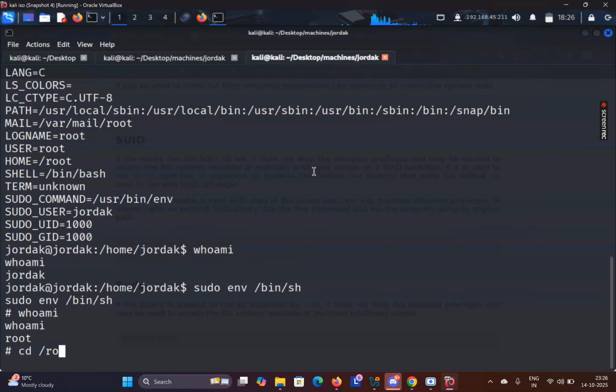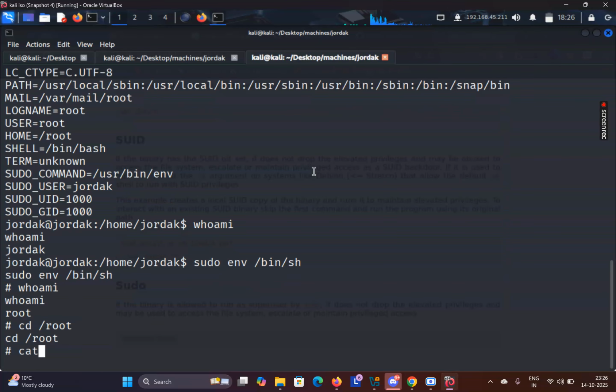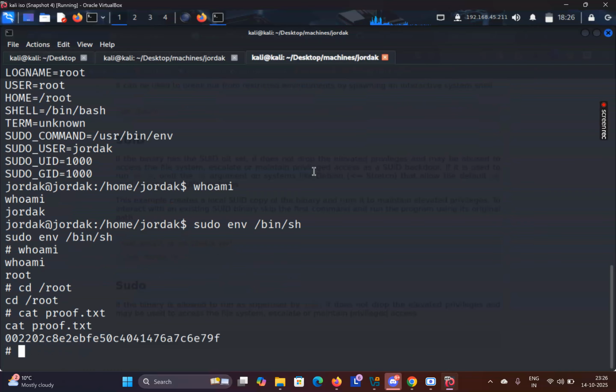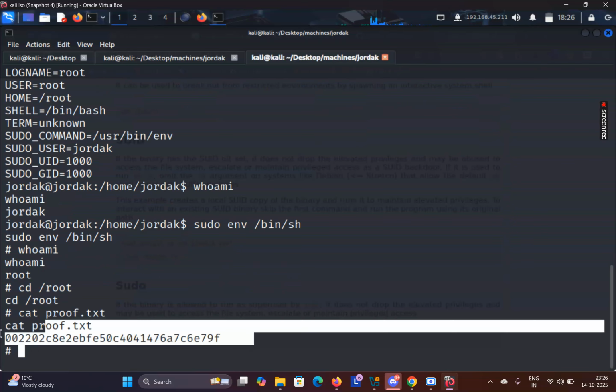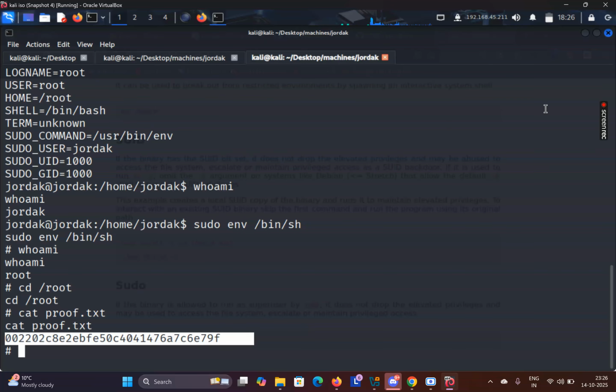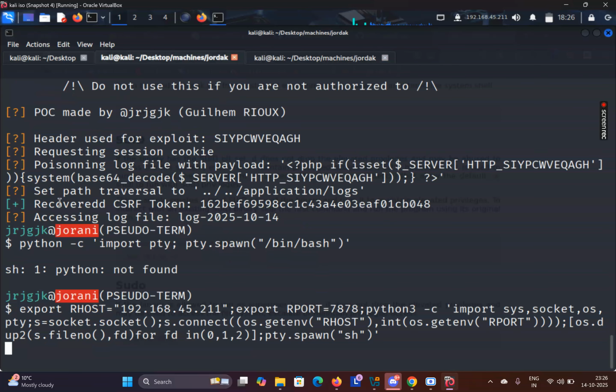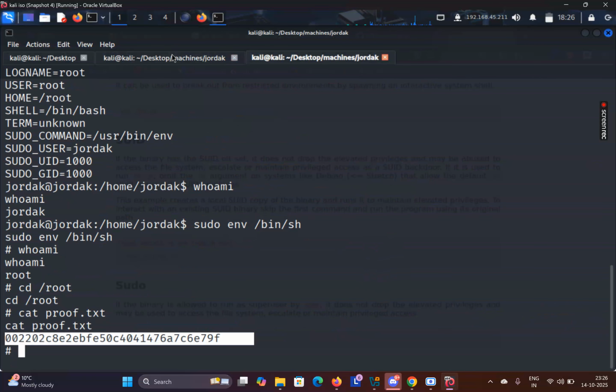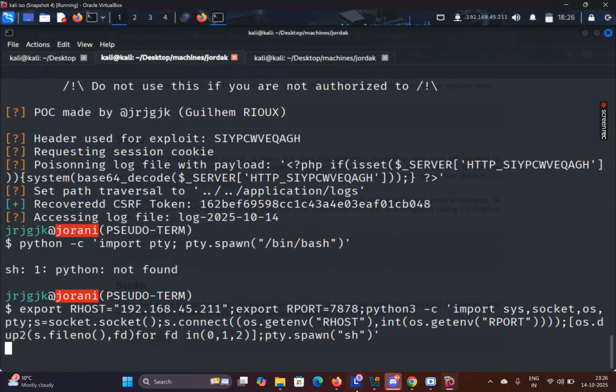And now let's go to root and cat proof.txt. So we have got the root flag as well. So this is how we have solved this machine. Now in this machine, what's a new learning? Here we got this pseudo terminal. Now we had to come out of it, so what we did is we started a listener here, we gave the payload here, and to make it more stable,